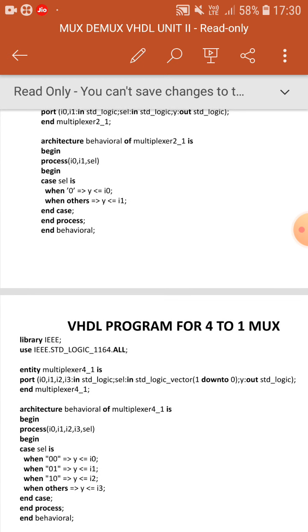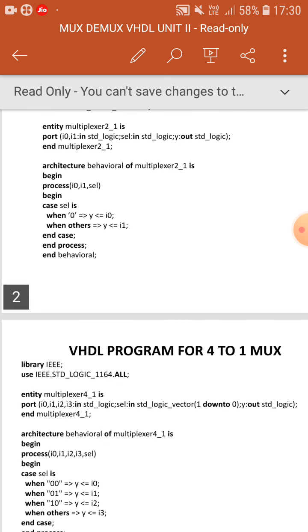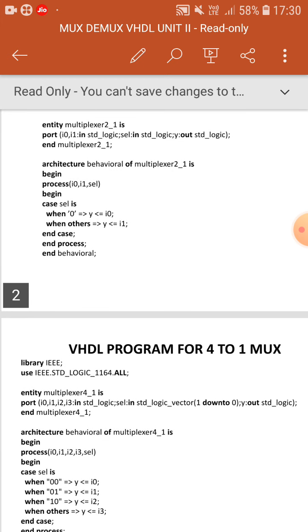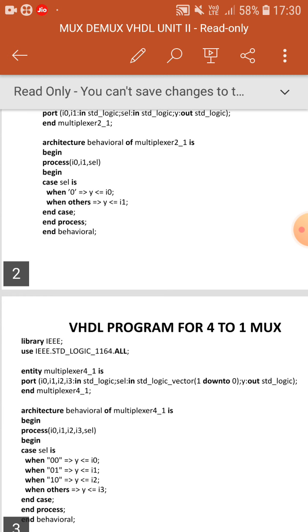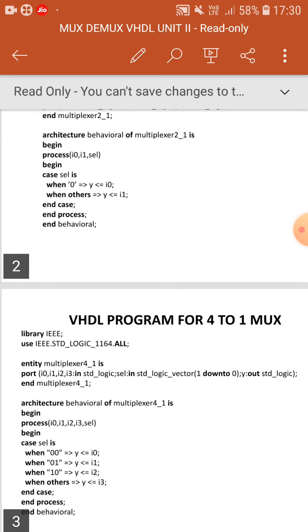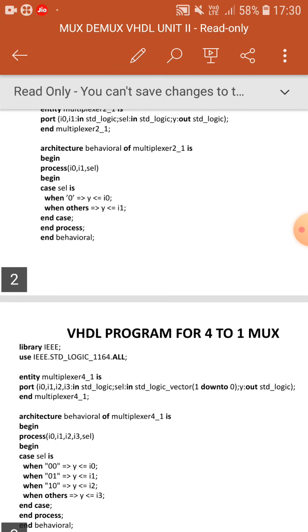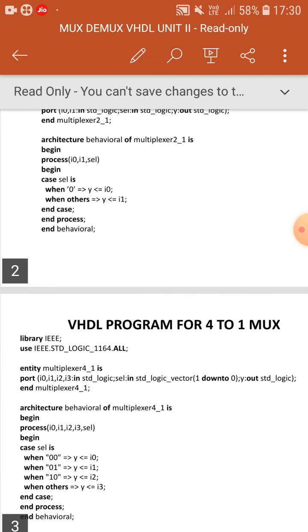So here when SEL is 0, then I0 will be assigned to Y. When SEL is 1, so here I am using when others, I1 will be assigned to the output Y.